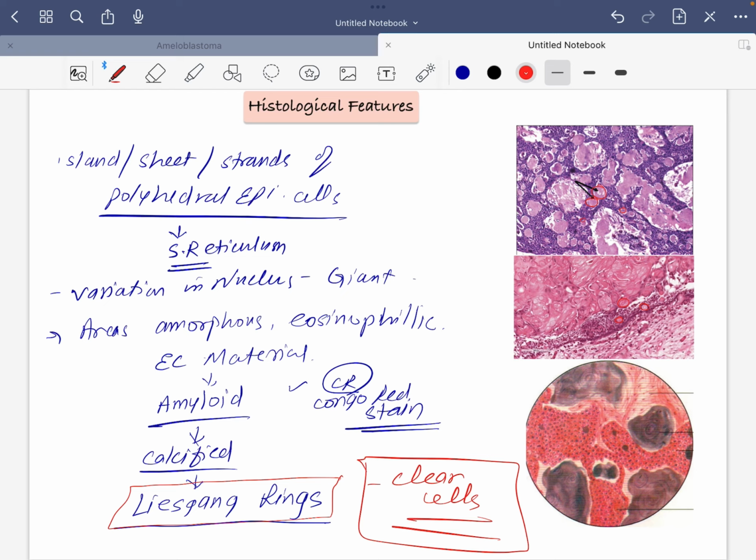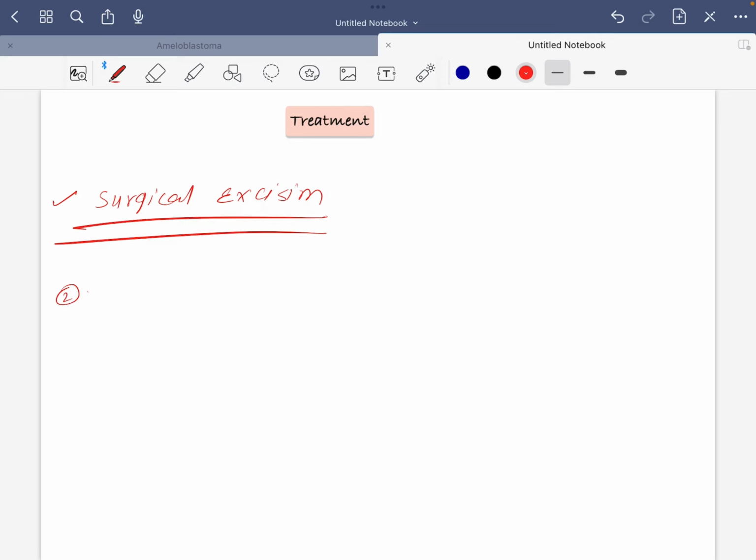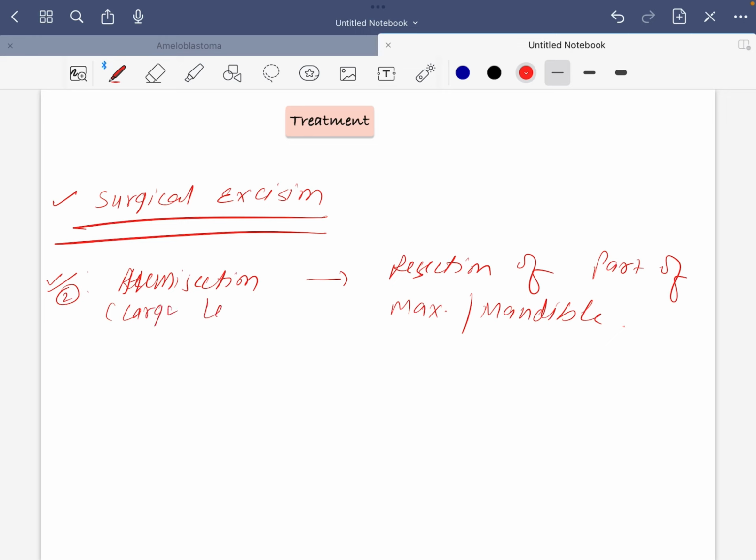These are the histological features. How do we treat it? Treatment is very simple. Either surgical excision, or if the tumor is very large, we can resect the mandible or the maxilla. Hemisection: in this, resection of part of the maxilla or mandible is done in very large lesions. And after hemisection, after large resection, we have to rehabilitate the jaw by either plates or reconstruction plates